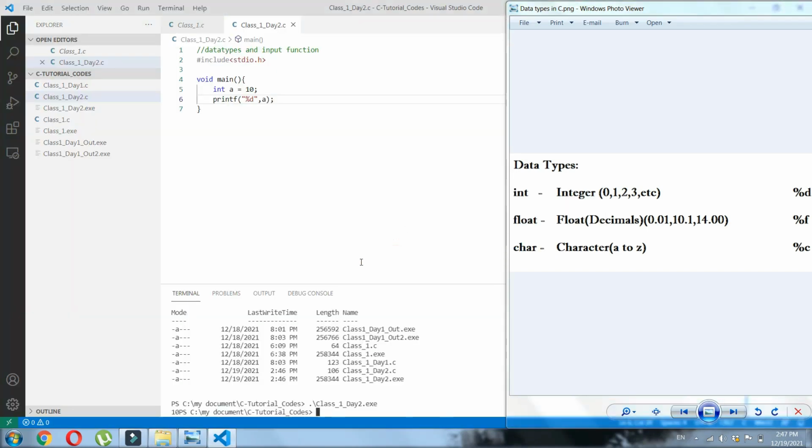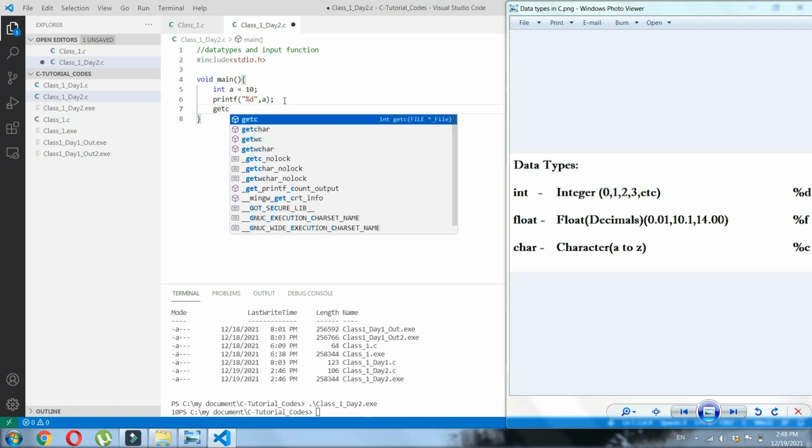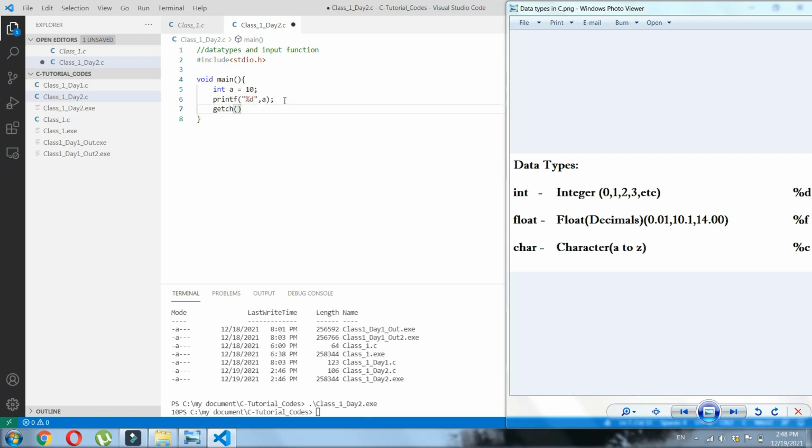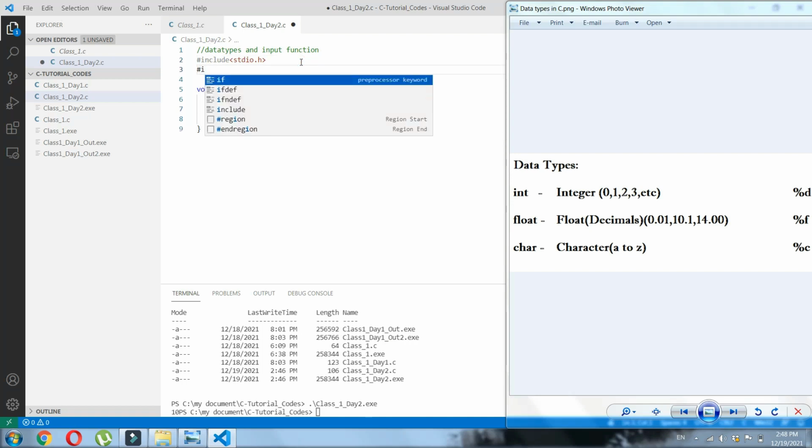If you are executing something inside CMD or inside the Visual Studio Code terminal, it would just open it and print the values that are there. But if you want to see it in the executable, you need to give getch, and this is inside the library conio.h, console input output.